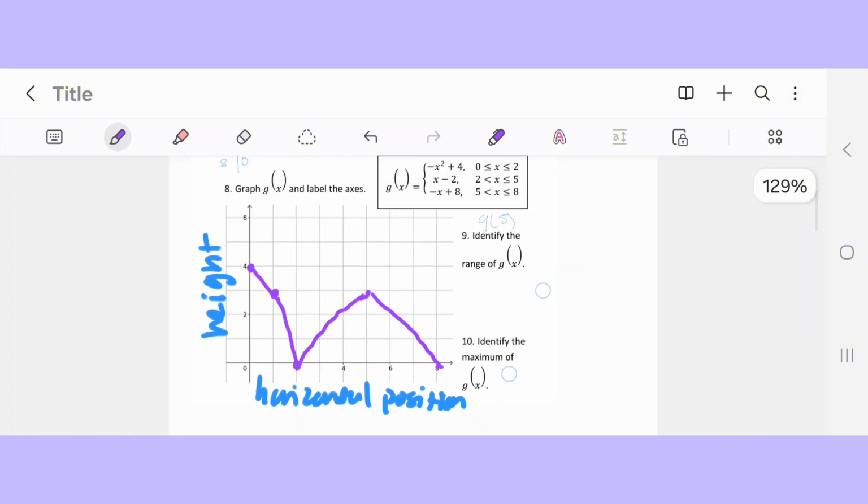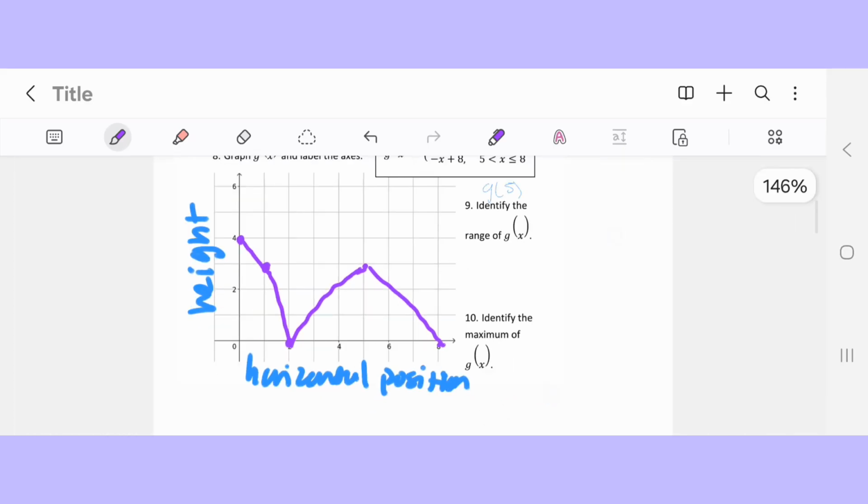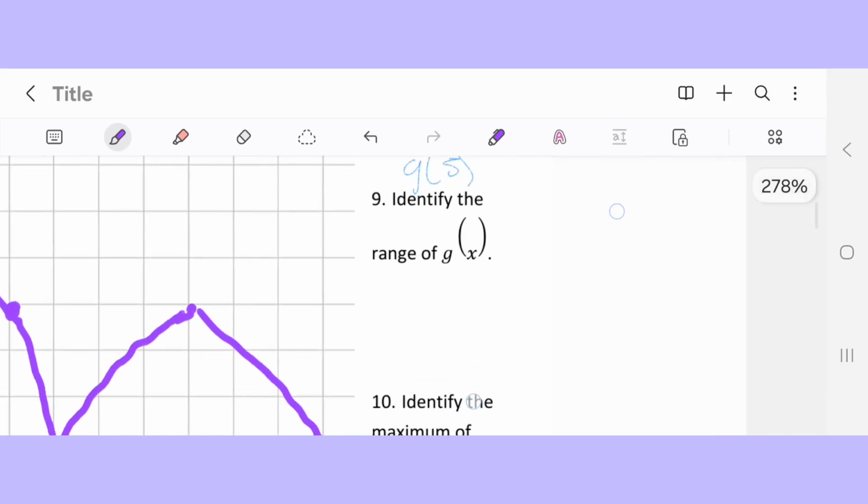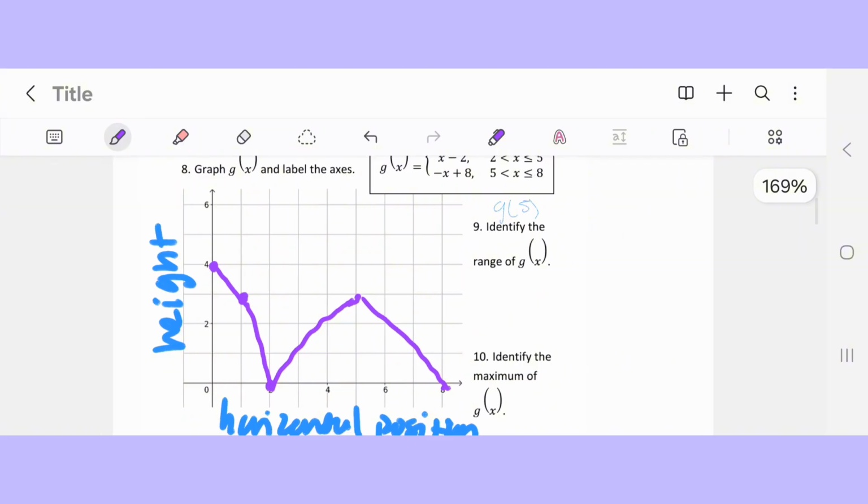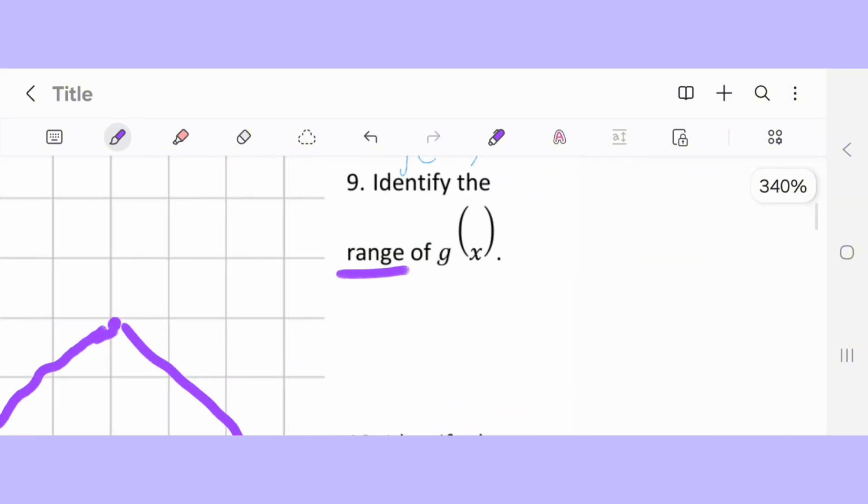Okay. Alrighty guys, and that's how we plot this. That's literally it. Now I'm just going to help you guys out with question 9. So it's asking you what is the range, right? And I want you guys to remember that when we're talking about range, we're talking about